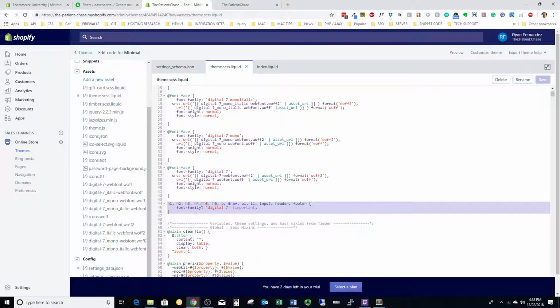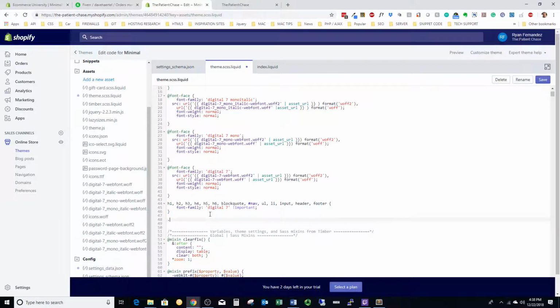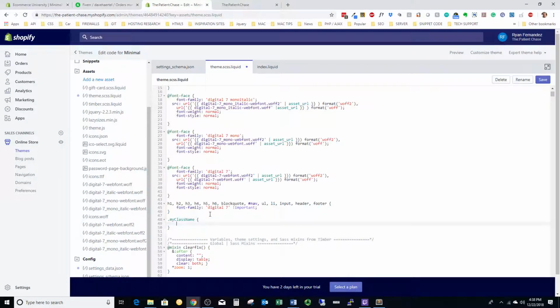If you don't want headings to be that, you can remove some of the headings. If you don't want the body text, the paragraph tags, you can take that out. You can put one in if you want, say, the block quote. Whatever you want to do. And then you can also use them in a class, my class name, for whatever. If you want to style a div or style a span, you can use font family